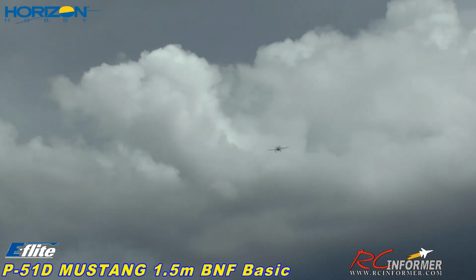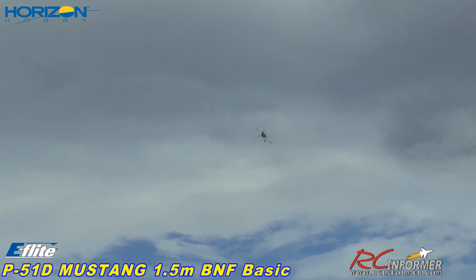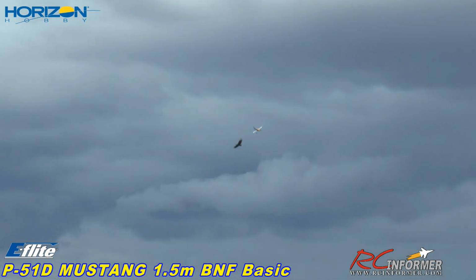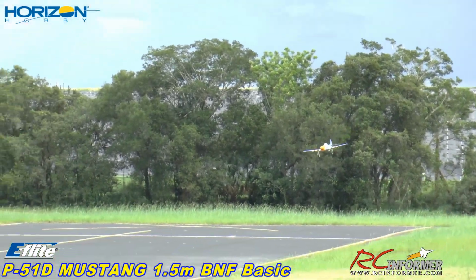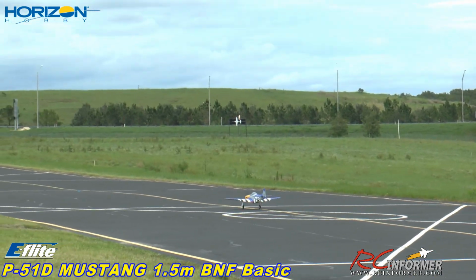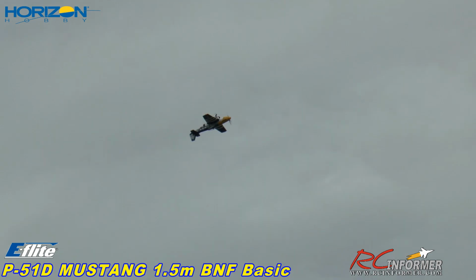Let's try a couple landings. Let me get the gear down. And there, it's cycling on down. This is the maiden flight after all. Let's see what it'll do with a little bit of flap in there. Usually you don't want too much flap on a tail dragger because it lowers the nose quite a bit. On pavement, it's not really that big of a deal. Wow. You would think there was no wind here today. Wow, that's fantastic. Look at that. That was pretty. Everybody said this was hard to land on pavement, but I think